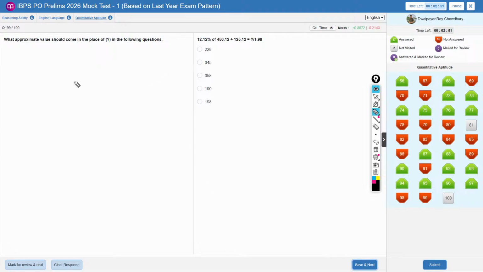Yes. So 45, 12%. So 4, 5, 10 plus 9. So 54 plus 125 is equal to x by 2. This is 9, 179, 180 into 2. 80% of 200, 160 plus 15 into 3, 45. This one,